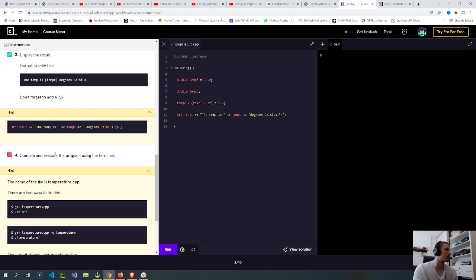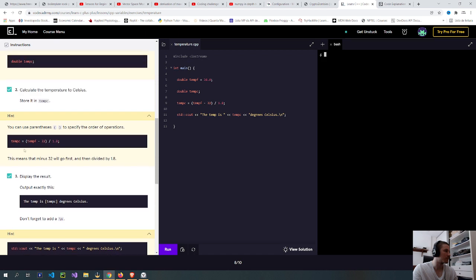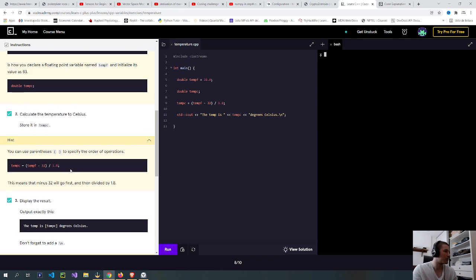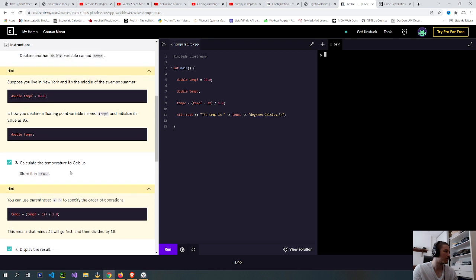Temp C, degrees Celsius. Temp C equals temp F minus 32 divided by 1.8. Double temp C. Double temp F. Maybe just the value.